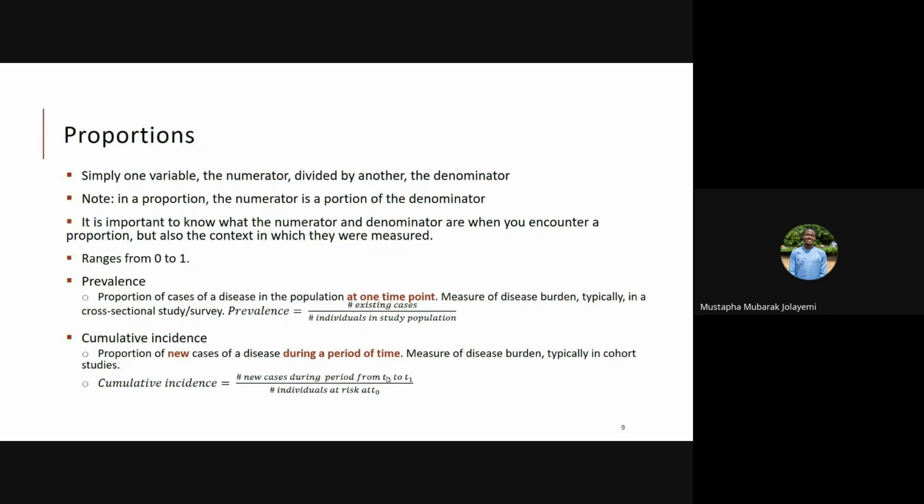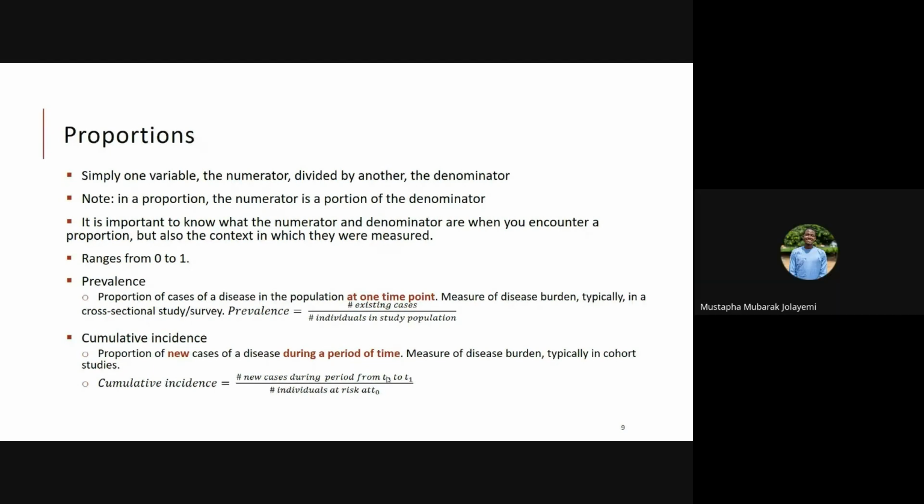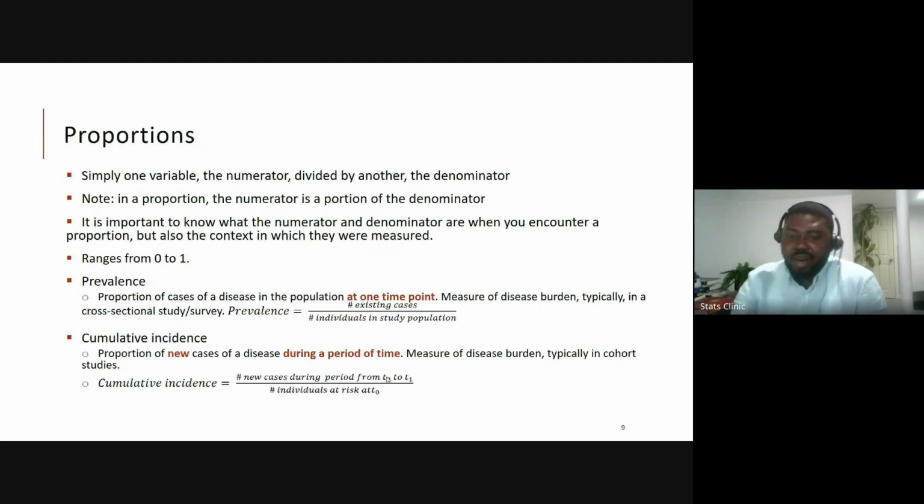I wanted to ask if those that you are including in the numerator of the cumulative incidence will still be counted as those that are at risk of the disease. But I think you already clarified that you would have already counted those that are at risk before you start counting those that have disease eventually. Excellent. You will count those at risk first, 200 at the beginning on January 1st, and then the cases as you go along. Excellent. Thank you.